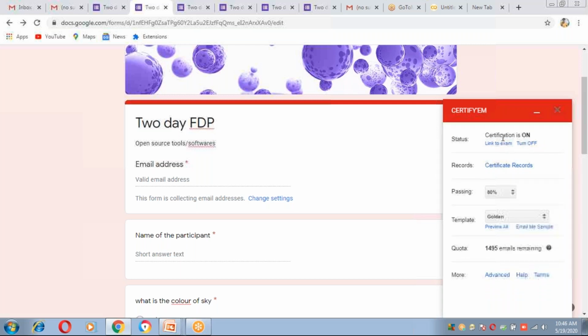Certification is on. Now, when the certification is on, see, a second tab will come. That is link to exam. So this is link to exam. Click on this link to exam.